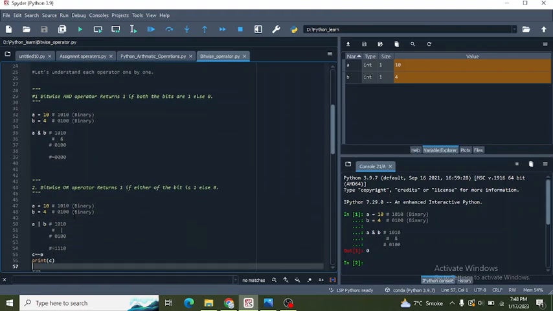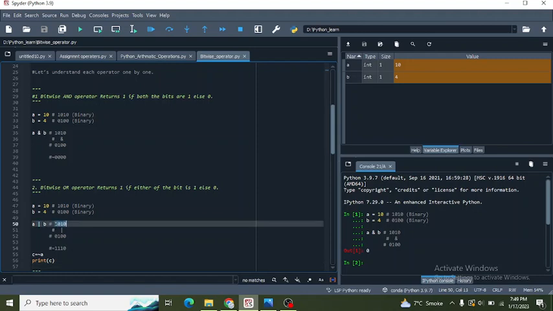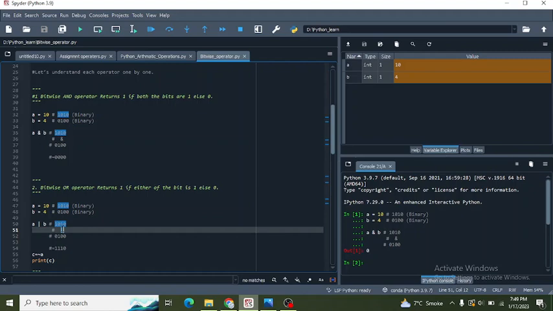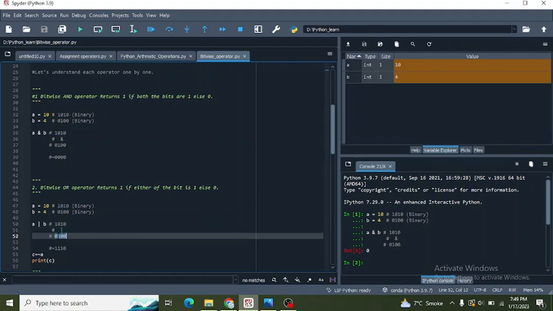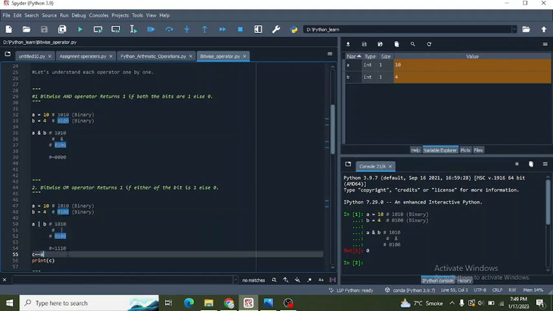Bitwise OR operator will return 1 if either of the bits is 1. Okay. One bit should be 1, the other can be 0. It will return 1. Let's take an example. A is equal to 10, B is equal to 4, A bitwise OR operator B. This is the binary value of A, this is bitwise OR operator, and this is the binary value of B. Let's run it.